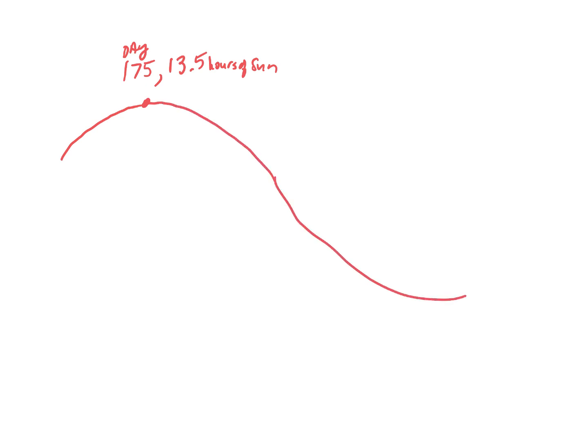On day 175, if I were you, I'd write this down. This is not the exact numbers, but I'm going to show you what I would do if I had the exact numbers. If on day 175 we had 13.5 hours of sun, that would be our high spot. Up until that, it was not that high, and then after that, it gets lower, right? And then it goes the other way, where there's a low spot.